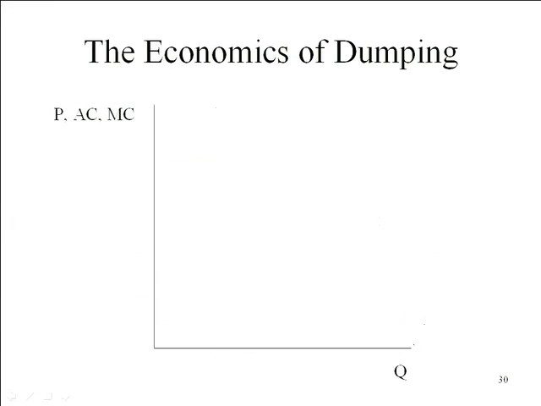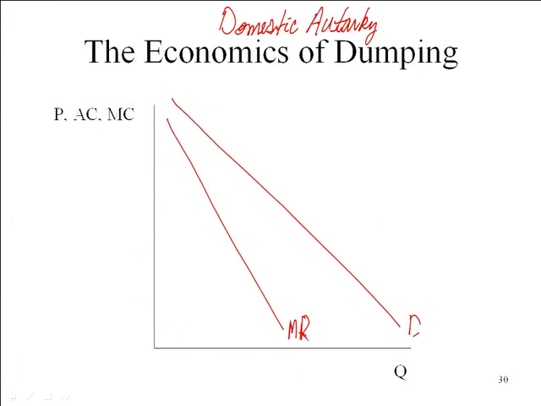Okay, so let's look at the domestic market first. So this is going to be the domestic market. Pre-trade, domestic, let's call it our turkey market. Our demand curve, our marginal revenue curve, and our marginal cost curve. Now, we haven't added the foreign market yet, but I want to highlight that this is the domestic demand curve, the domestic marginal revenue curve, but it will be the total marginal cost curve. So the cost curve that we're looking at doesn't depend on whether we're selling it domestically or abroad. We're making it all here. So whatever our production is has to be done against this marginal cost curve. So before we enter into the foreign market,